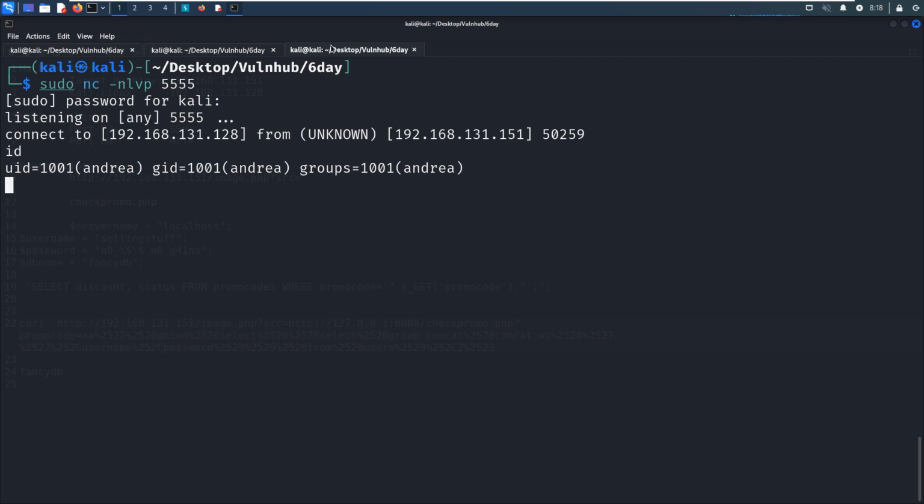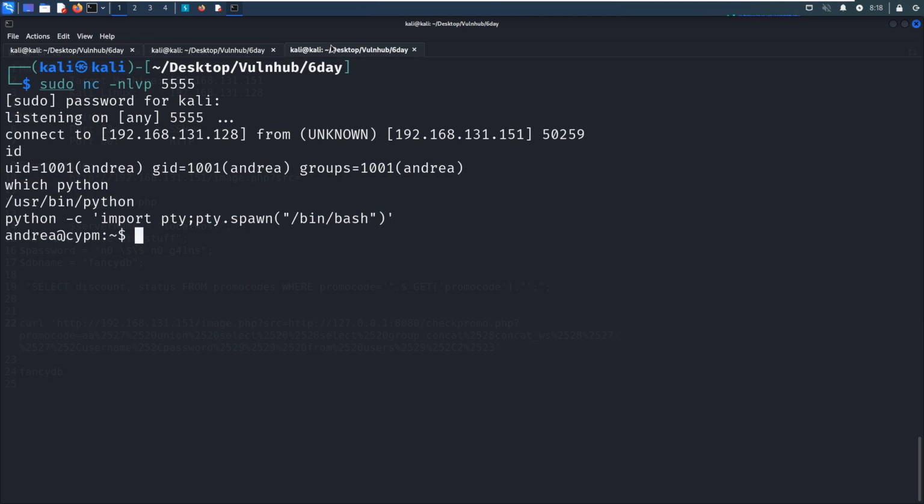As you can see, this time we can run commands as usual, but of course this shell is not so good. We can make another spawn with Python. Python 2 is there. /bin/bash.